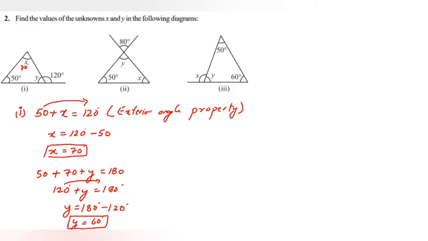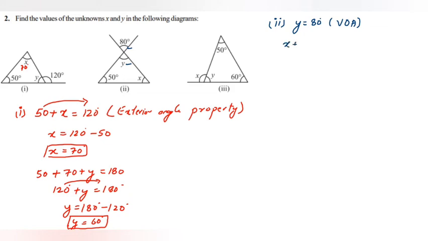In the second one, if you see, we have here y and x value. We don't know y value here, but we can get y value because these are vertically opposite angles. Two lines are intersecting. If this is 80, even y value should be equal to 80. So here directly we can write y is equal to 80 because of vertically opposite angles, VOA. Now we got y value 80. We know one more angle 50. We have to find out angle x by using angle sum property of triangle.